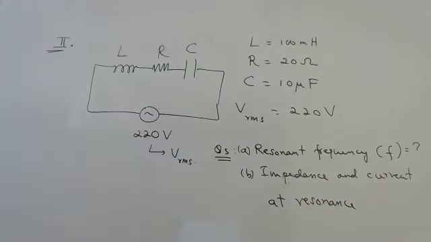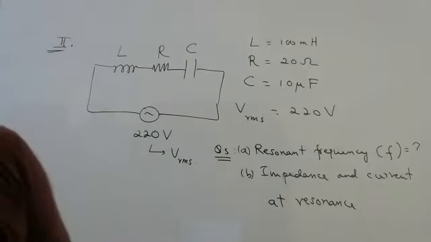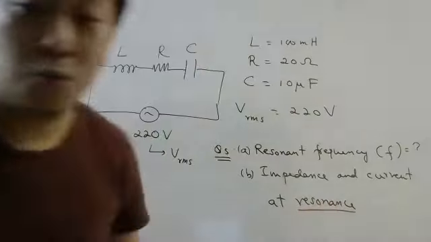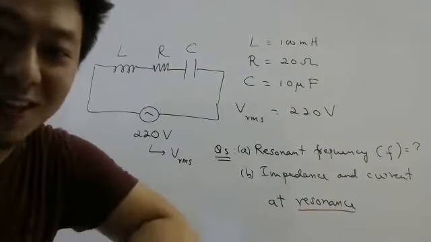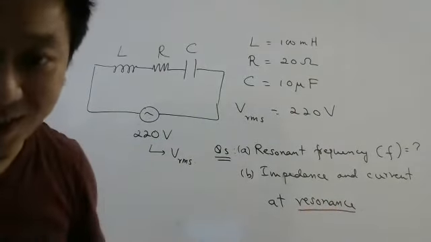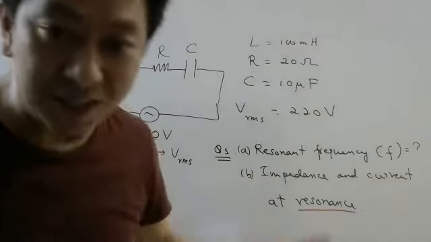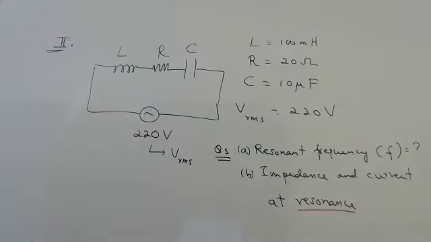Okay, so same thing, whatever we did before, impedance and current we found or not, same thing, but at resonance. Which do you think this is more easier than previous one or more difficult? This is more easier. You will come to know because at resonance, some few things happens, which I will explain now. First, you write down.